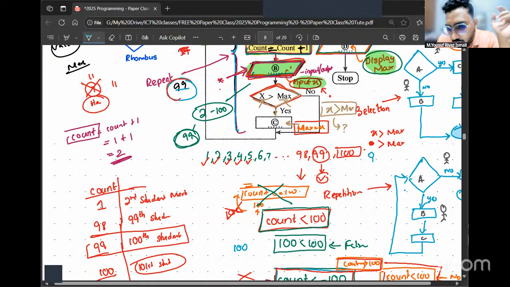You're going to check, is that greater than the currently existing maximum marks? Before I gave the number 11, in your head, you had the maximum marks as 7, right? So we're going to check the number entered, is it greater than the existing highest marks? If this condition gives you yes, now whose value should you update? Should you update the value of x, or the value of max, or something else? Exactly. You'll update the value of max.